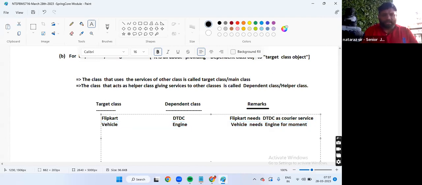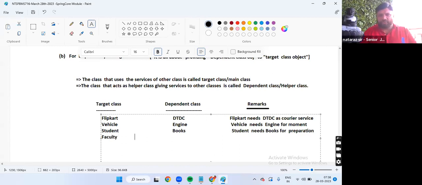Next one. Student and books. Tell me. Student needs books for preparation or not? Student needs books for preparation, right? Next. Faculty and student. I think some people confused here.